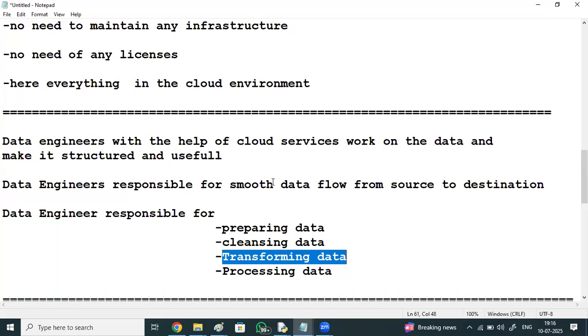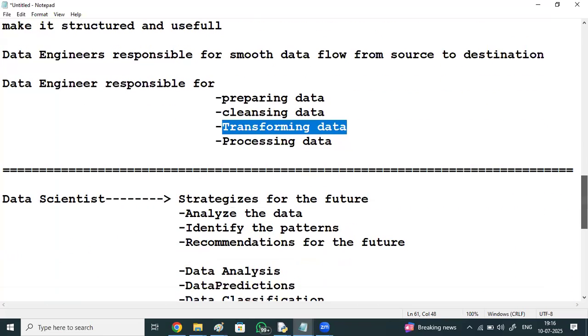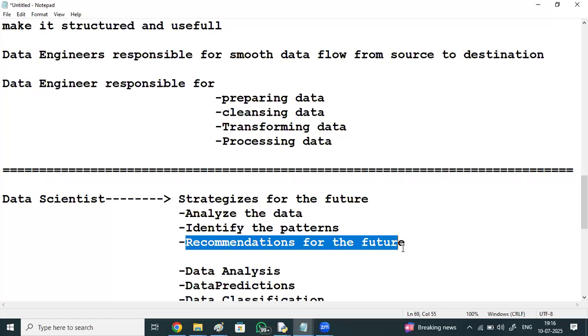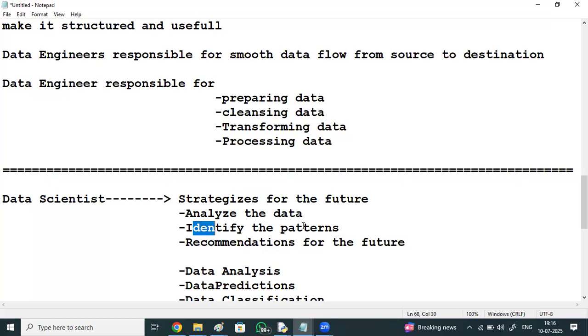If you see the difference between the data engineer, data scientist, and data analyst. Data scientist strategizes for the future, means he's going to analyze the data and identify the patterns and recommendations for the future.